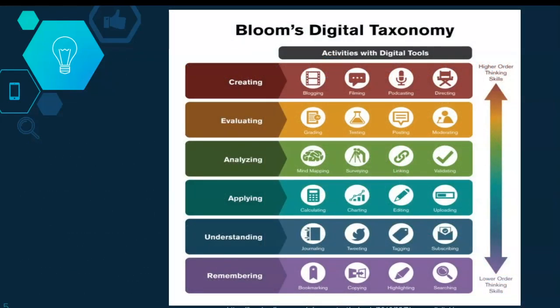Another way to look at this learning theory is also Bloom's digital taxonomy. So looking at the hierarchy, traditionally Bloom's taxonomy, but looking at this in today's day and age. So integrating technology at different levels. So at the low order thinking level, you can have things such as remembering. So that could be bookmarking a specific website, copying and pasting information, going to your understanding where you're actually tagging or subscribing to certain journals, applying knowledge, being able to edit information, upload information that you've created, analyzing, mind mapping,